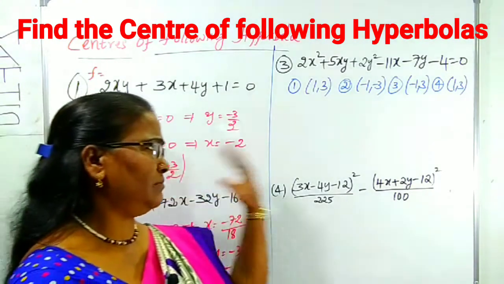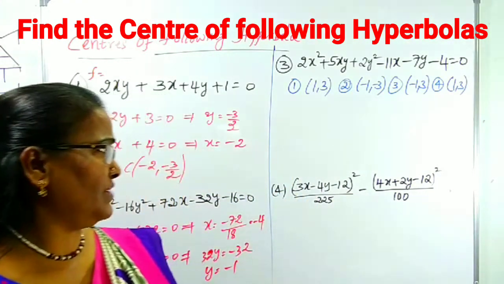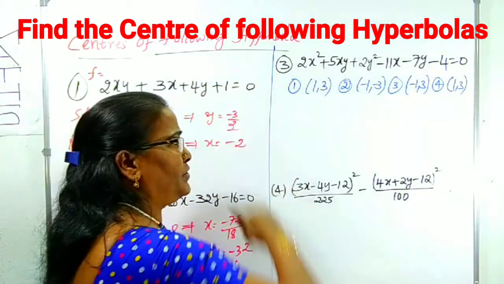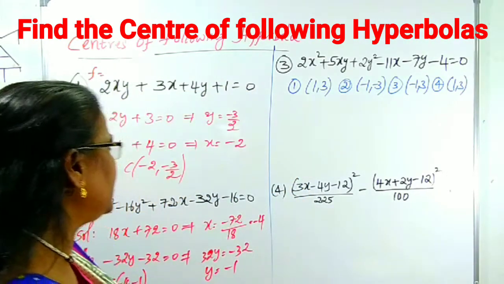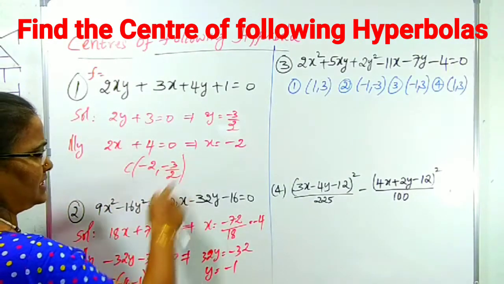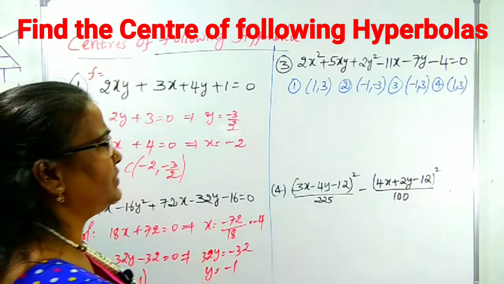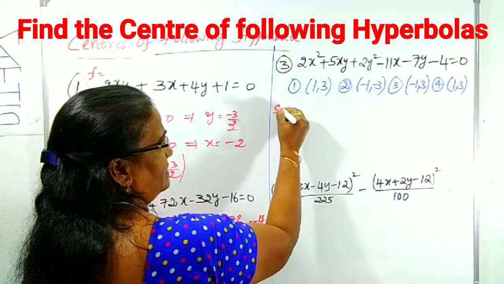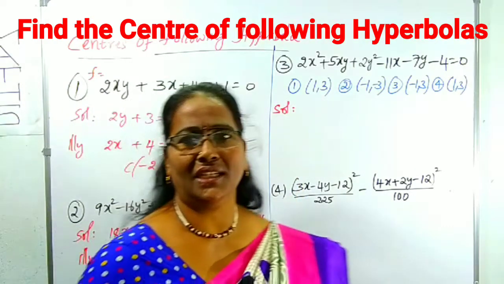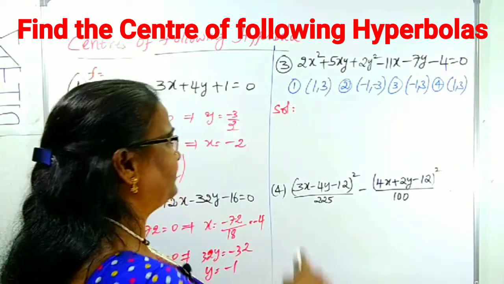In this question also, I'm doing the center only first of all. So, how can you find out the center of this? In these two questions, we observed that the center we got directly. But here also we can do the same process. What we'll do? Differentiate with respect to x first.